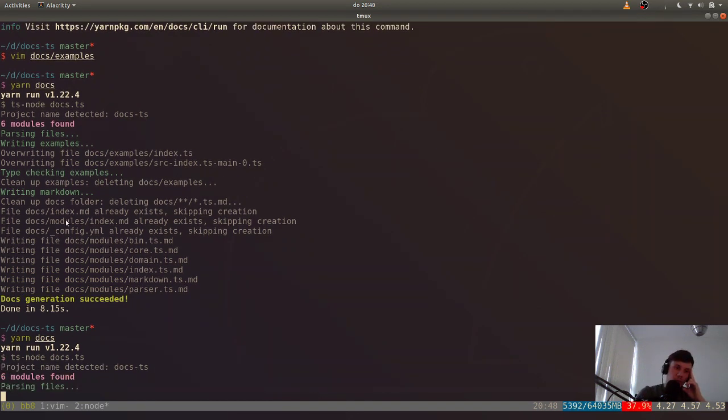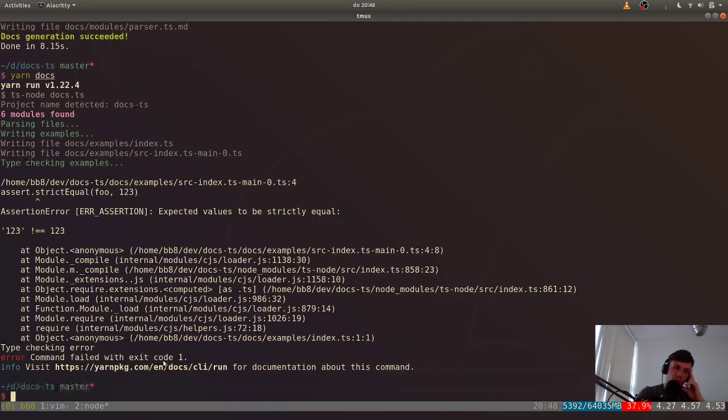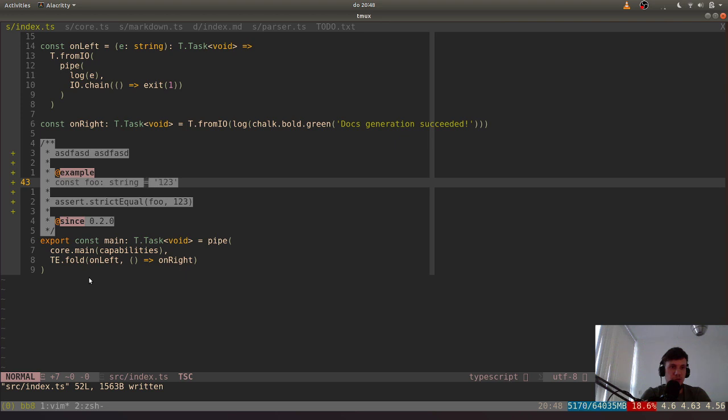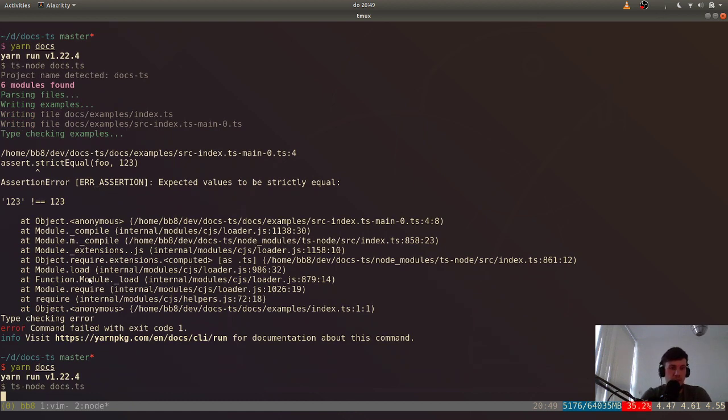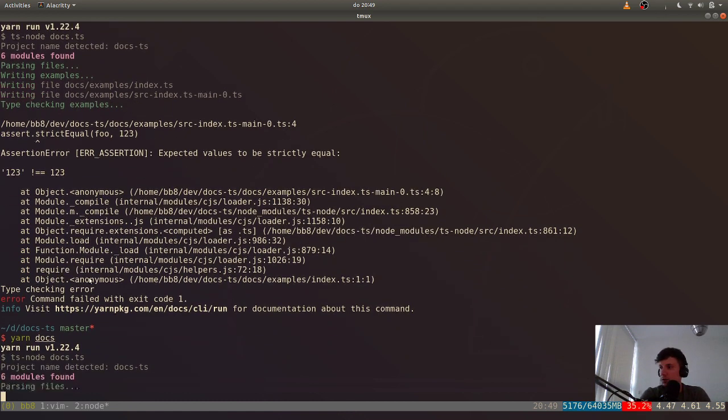And yeah, it fails because the assertion failed, but it can also fail. So if we say that this is the number, it can also fail on type checking. And yeah,